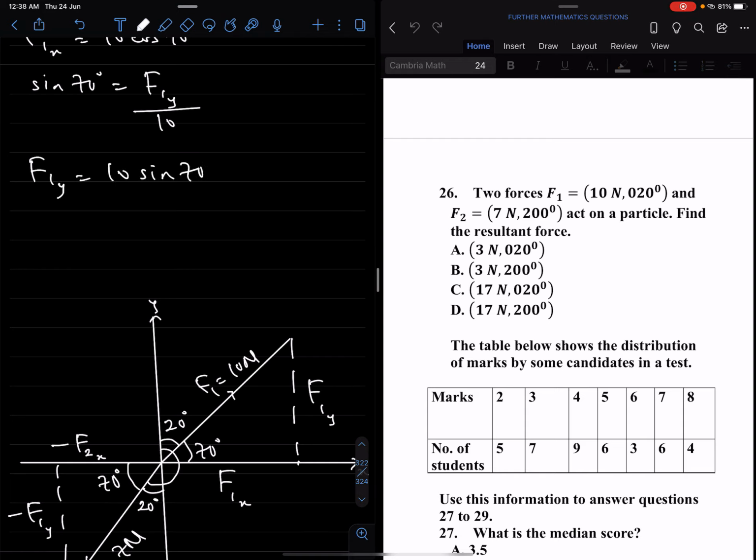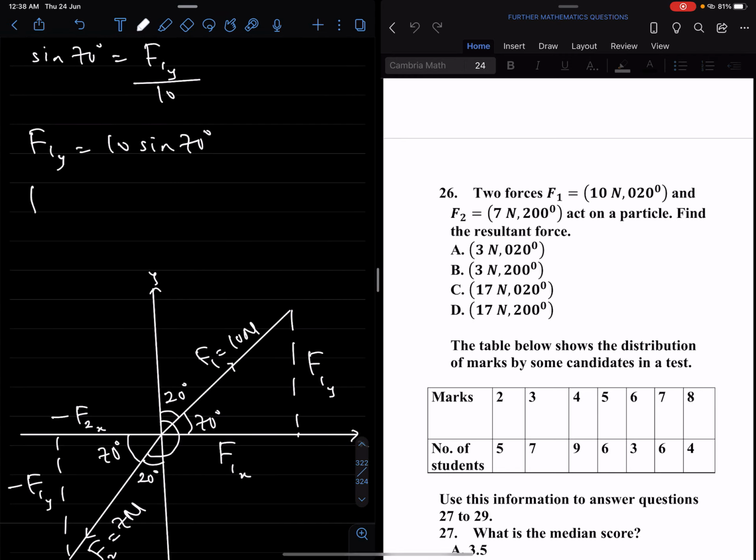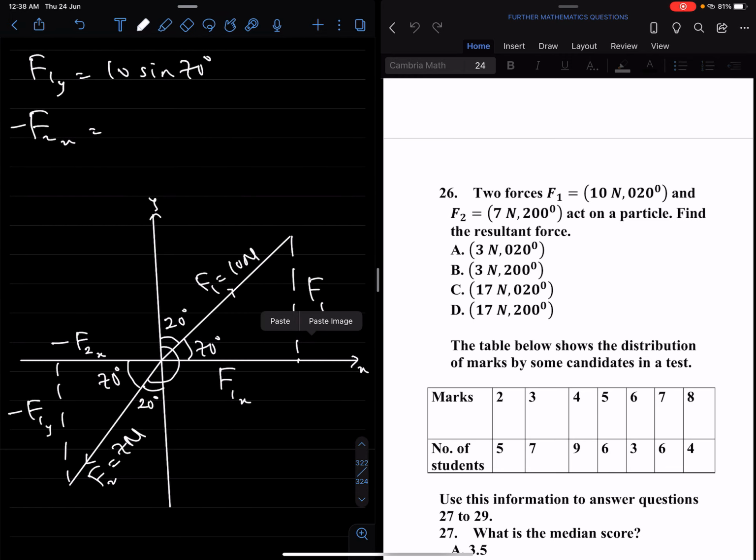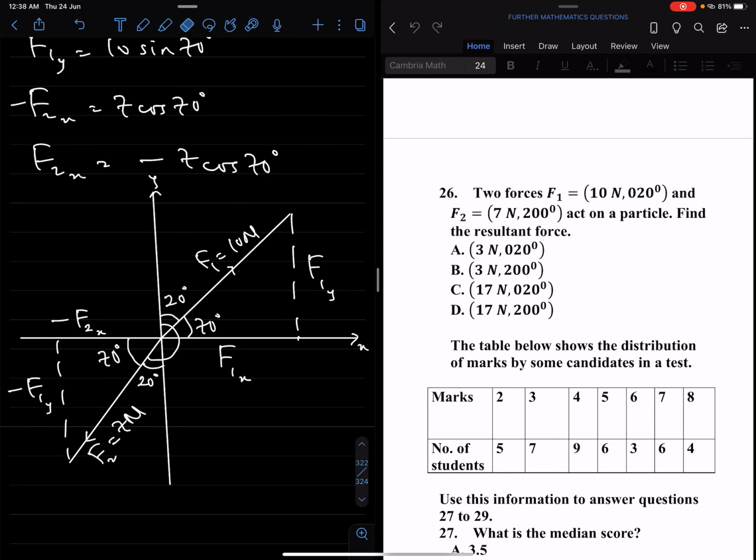Now the horizontal component of the force F2, which is minus F2x, is the same as cos 70 degrees is adjacent over hypotenuse. That's minus F2x over 7, and that's the same as 7 cos 70 degrees. So that simply means F2x is going to be minus 7 cos 70 degrees, and its vertical component